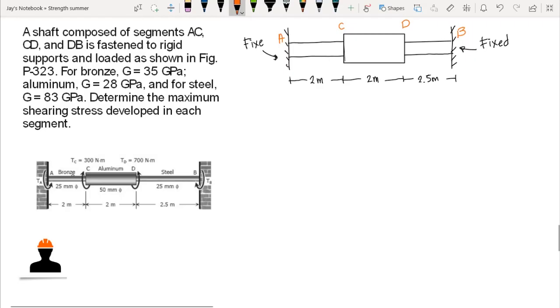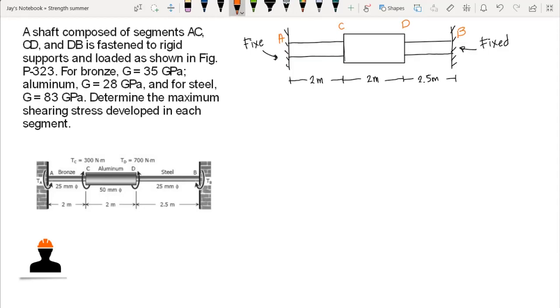Now for bronze, the shear modulus of rigidity is 35 gigapascal. Then we have the aluminum, that is 28 gigapascal, the shear modulus of rigidity, and the steel has a shear modulus of rigidity of 83 gigapascal. So determine the maximum shearing stress developed in each segment. So we compute the shearing stress in every